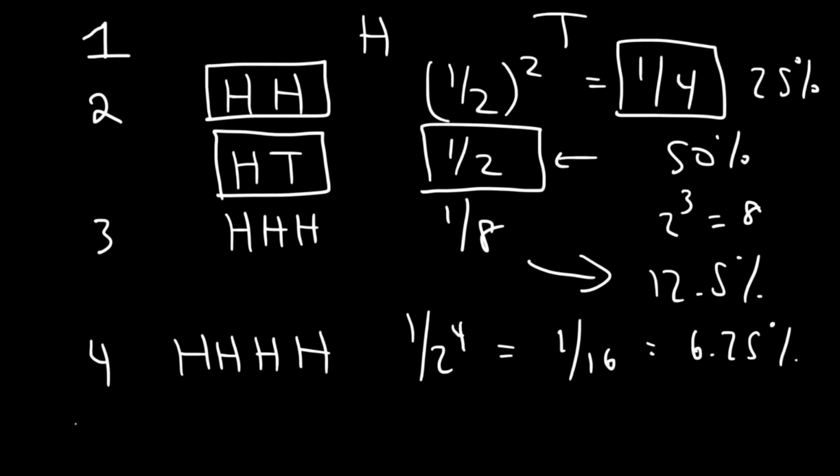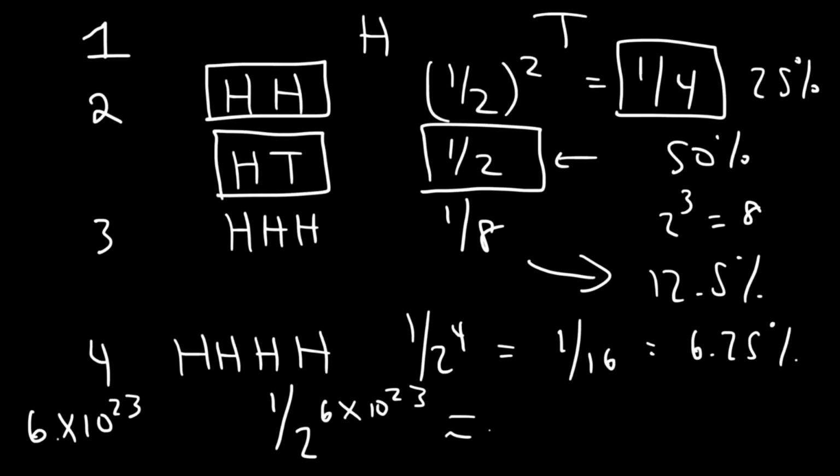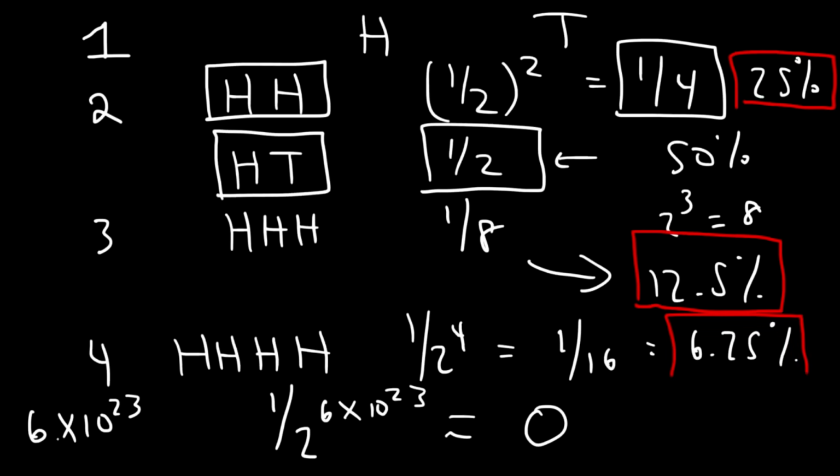Now let's say you have a mole of coins, 6 times 10 to the 23 coins. The probability that all of them will be heads is 1/2 raised to the number of coins, which is 6 times 10 to the 23. Basically, that's about 0 because we have such a large number on the bottom. So as the number of coins increases, the probability of getting an organized state decreases. It's 25% for 2 coins, 12.5% for 3 coins, 6.25% for 4 coins, and approximately 0 for